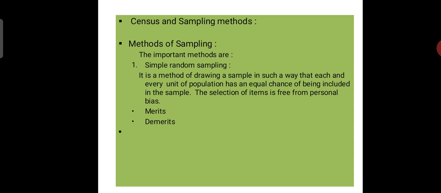Number 4, as the size of the sample increases, it becomes increasingly representative of the population. And about the demerits, number 1, it would be difficult because of the necessity of numbering all the items when the population is large. Number 2, if the sample is not large, it may not be truly representative of the whole population. Number 3, this method is expensive and time consuming when the population is large.